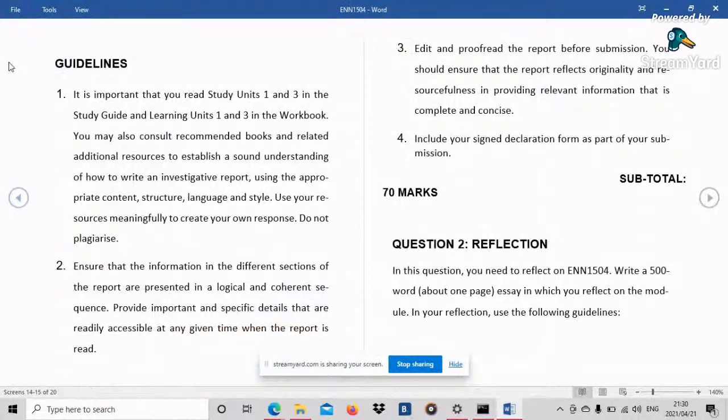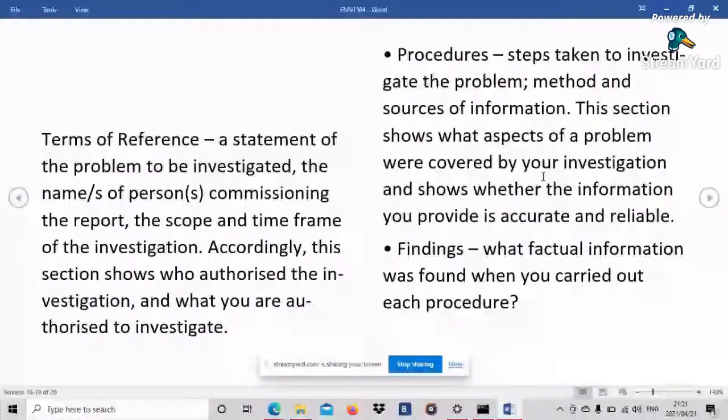So this is where you can include, for example, I was commissioned by Dr. Dibusing to have an investigation on COVID-19 and how COVID-19 has affected the country, and the negatives and the positives of COVID-19, at Lenman Clinic on the 21st of May 2021, and this report is needed after 30 days. Then you move to the procedures, steps taken to investigate the problem,